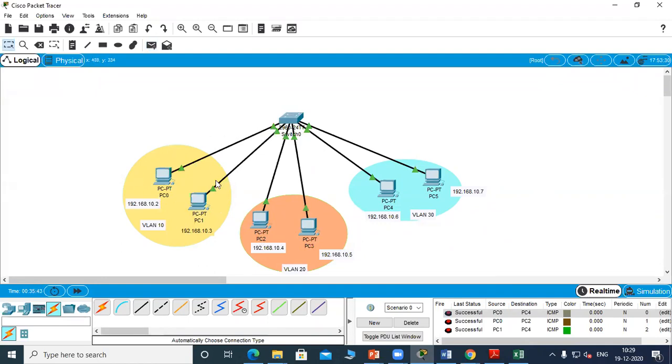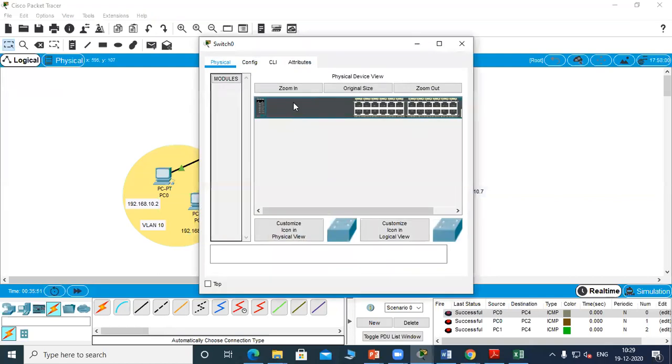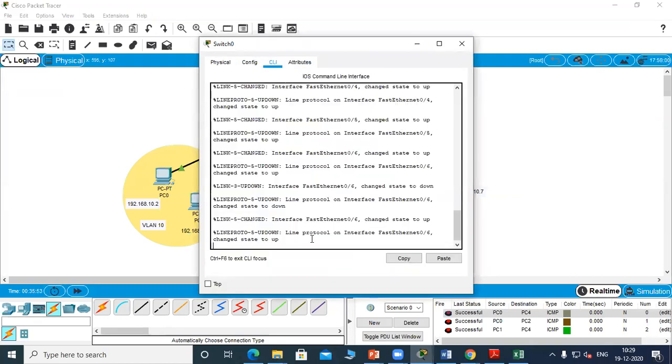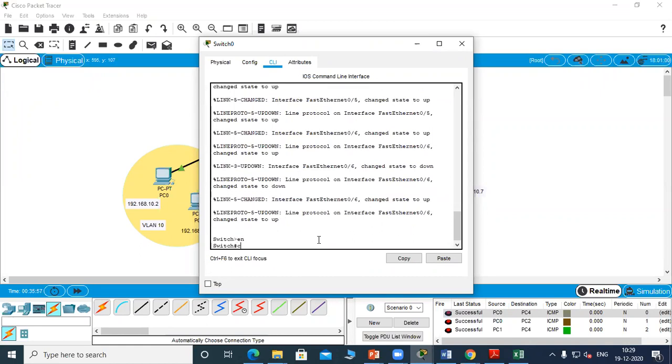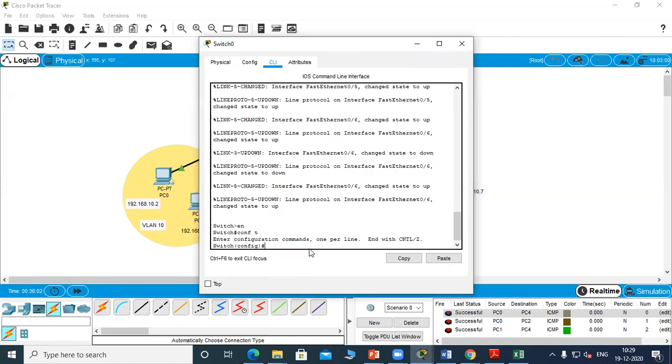So first we have to create the VLANs so that packets are only broadcast within their VLAN. We'll go to the switch, go to the CLI. First go to the config terminal. Now we can see the config prompt.